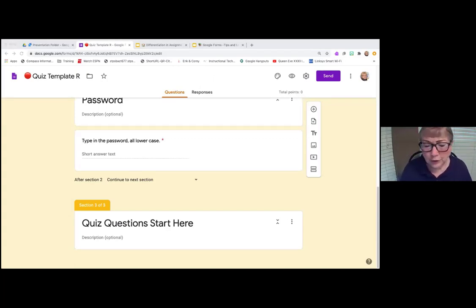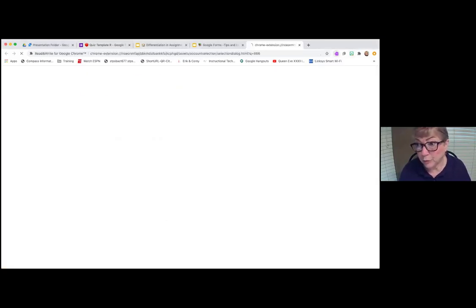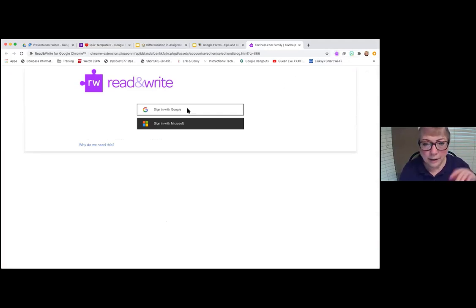But when you're in Chrome, you have the little icons at the top, like there's my Bitmoji, there's my Read&Write. You just click on it, you sign in with Google, and you can put your cursor in the front of a sentence and hit the play button, and it will read that to the students. So if you have the Read&Write app installed, you can have that read to the students.